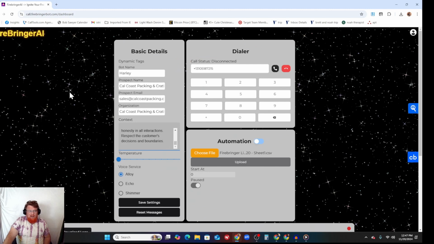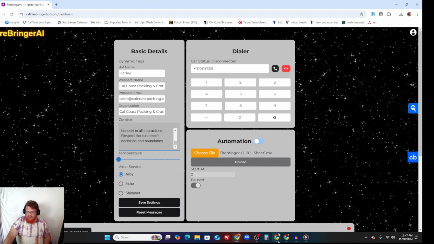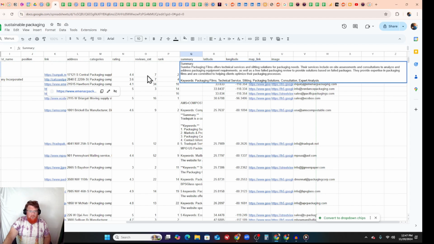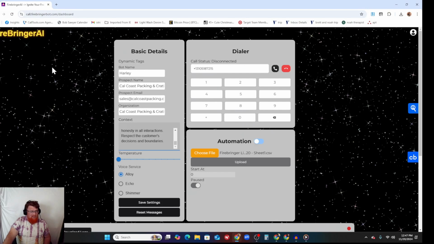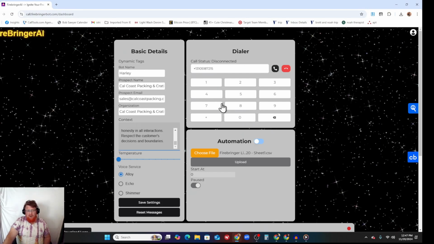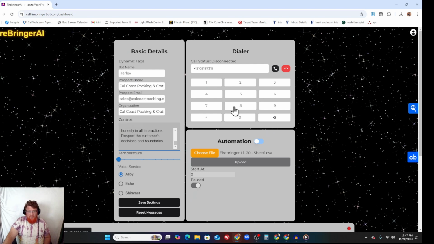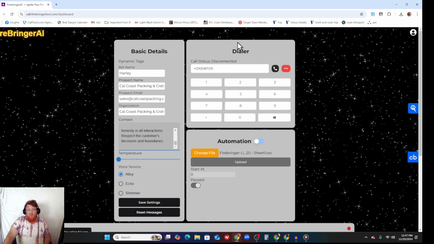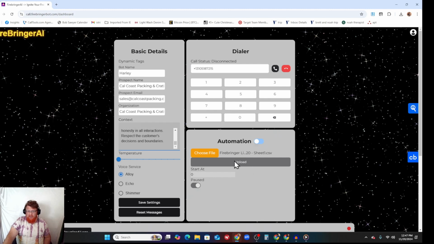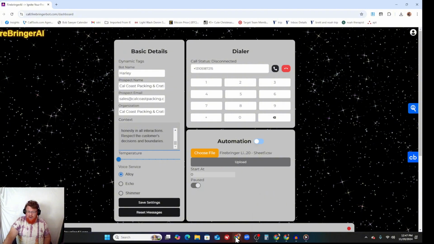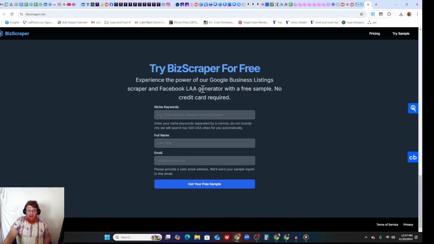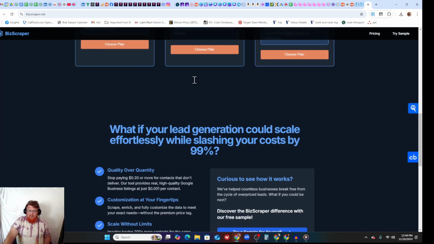So that right there is a sales system, an entire sales blueprint. It goes from, we have our summary, we have our email addresses, we have our phone numbers, we have all the information we need. We send out personalized emails. We send out two. After the first one, 2 days later, the second one. The second one did generate some responses. Then 2 days later we set a call sequence that goes through the entire list. That generates leads pretty good, generates those appointments, gets us in there, and all because of BizScraper.